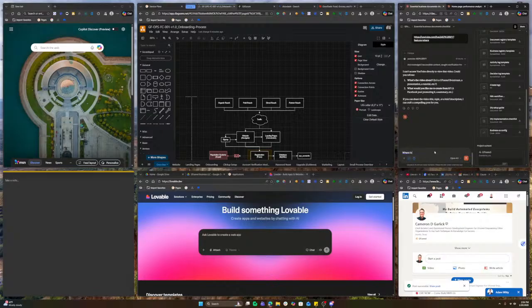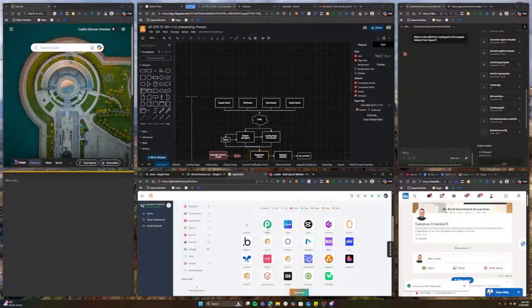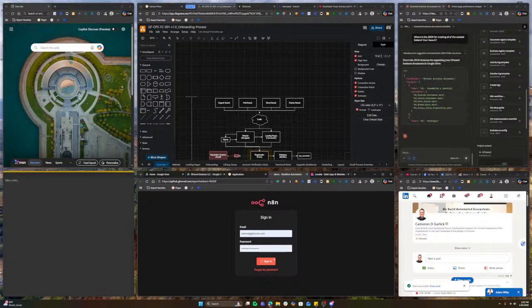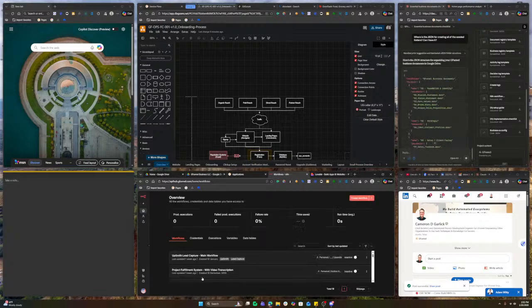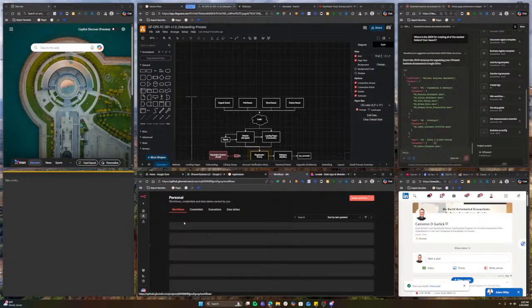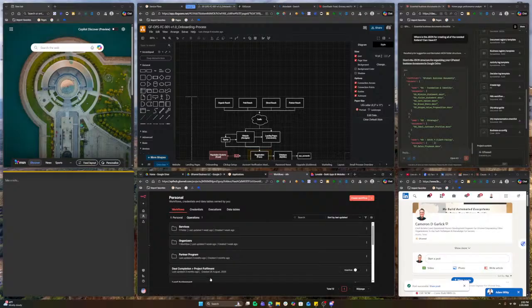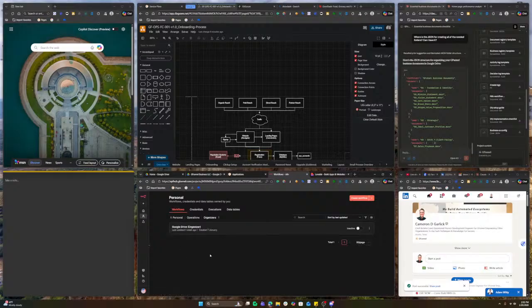Where is the JSON for creating all of the needed folders? Can I have it? I'll just show you. So I jump in here. We're going to jump into this guy right here, which is our API hub, n8n. I'm going to log into n8n. So now I'm logged into n8n. In most cases I'll log into a folder section. In the folder section, I'll jump into the operations side. And on that side, I'm going to jump into organizations, right?